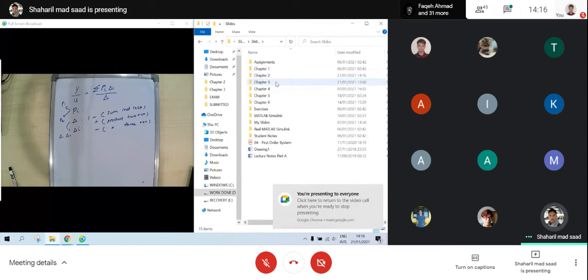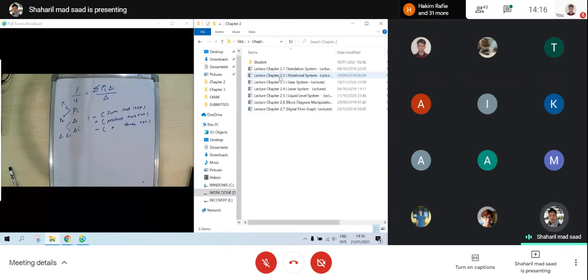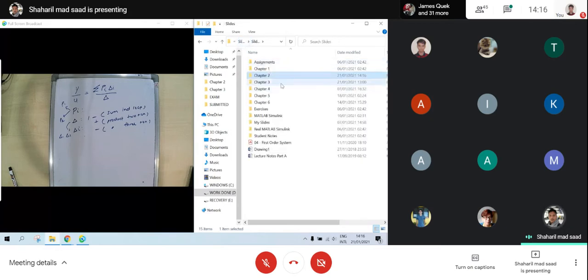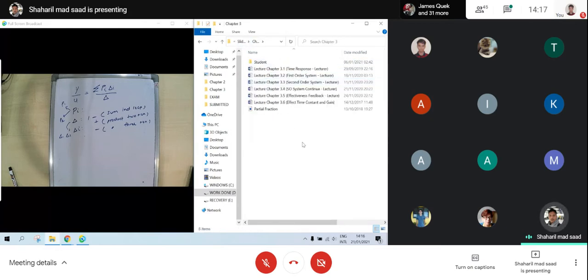Okay, good. So chapter 2 is about question 1, but for the system you need to be careful. The question will be different from the previous method. We will ask you the concept. Okay, done. Then we go to chapter 3, about time response, to convert from Laplace and so on.